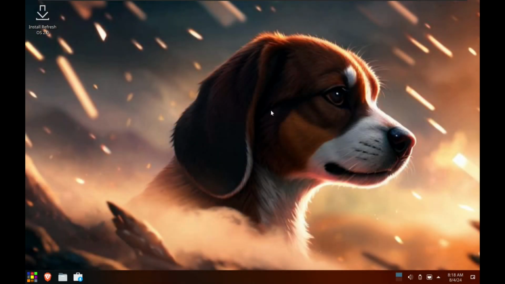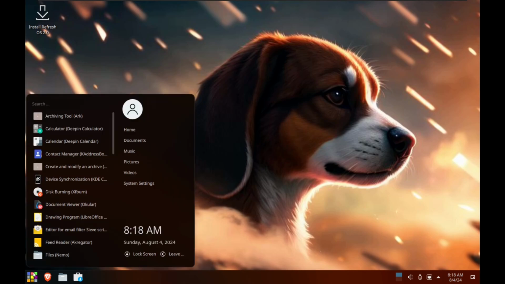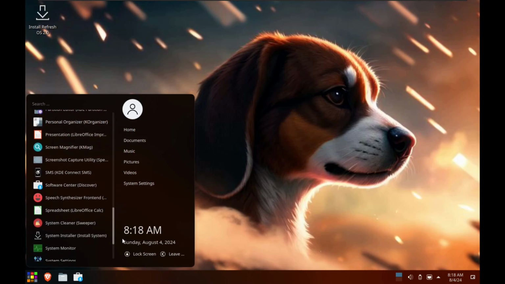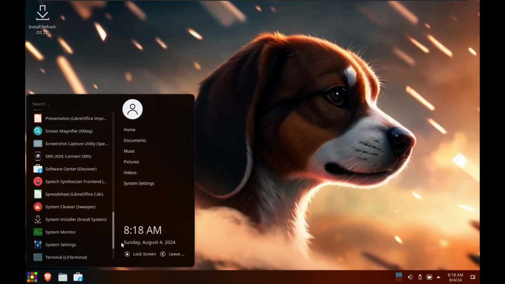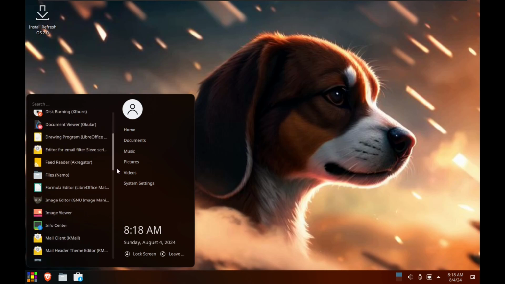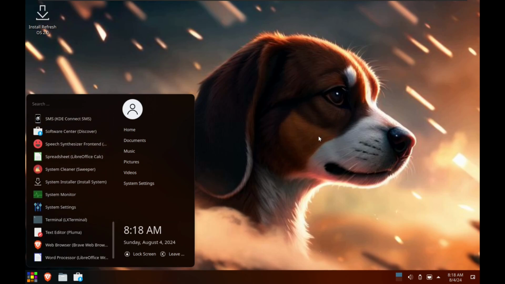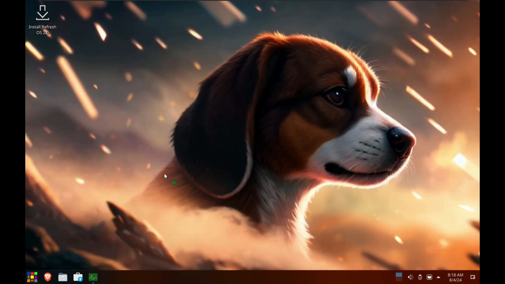So here we have the desktop layout loaded. So it took just 1.5 minutes or 2 minutes. So I'm going to first open the system monitor and see how much of a resource it's consuming. So these are all the pre-installed applications you get from the RefreshOS 2.0, and the codename is Boundless Beagle. As you can see there, here is a beagle dog on the wallpaper,